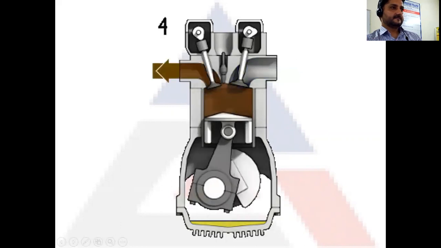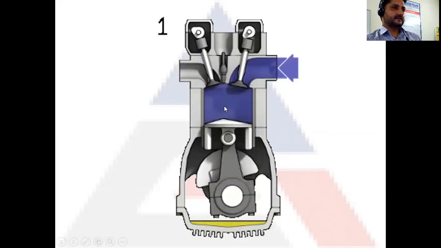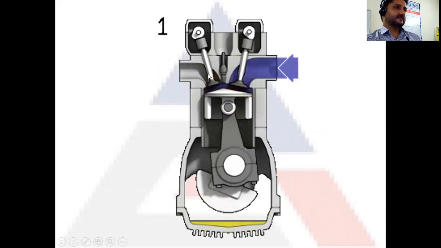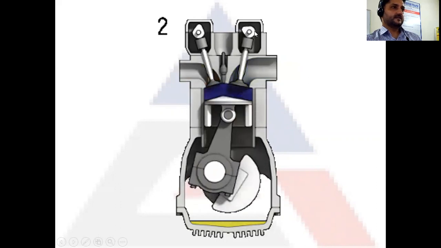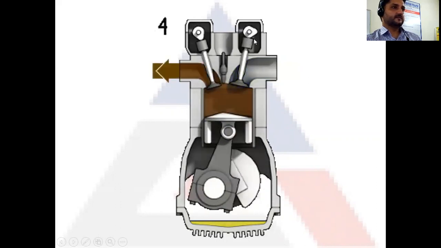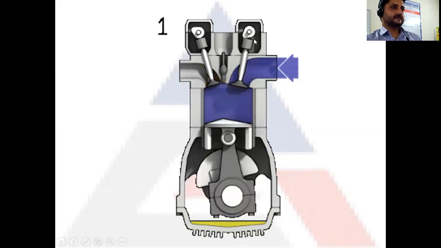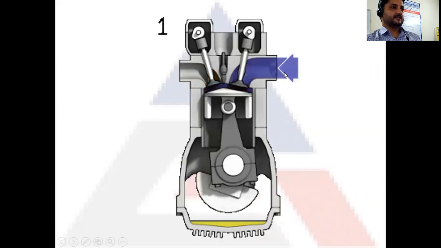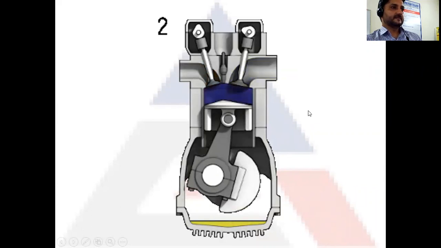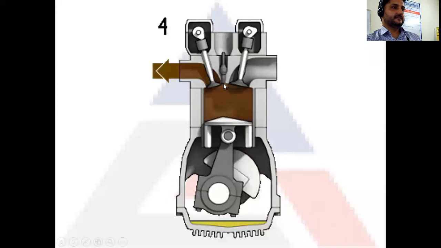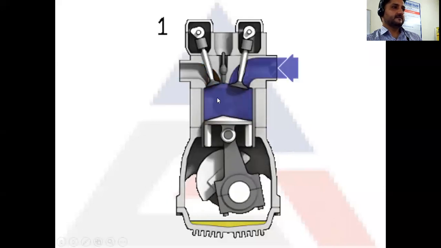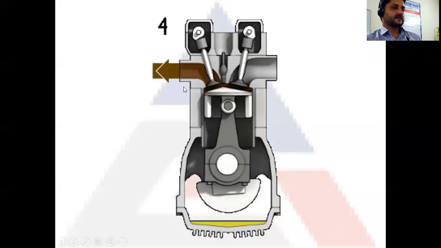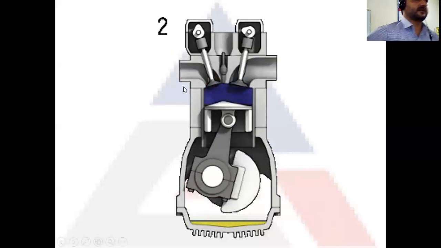Okay. So here we will see the inlet air comes in blue, spark takes place, combustion takes place, and then the exhaust goes out. Okay, and you can see that the opening and closing of the valves is taking place. So during your inlet stroke, the inlet valve opens and the blue, that is your air fuel mixture, comes in. Compression takes place, spark ignites, combustion takes place, and the brown, that is your exhaust gases, they go out in the 4th stroke. So this is the working of a 4-stroke engine.